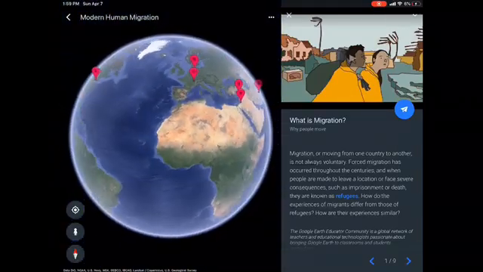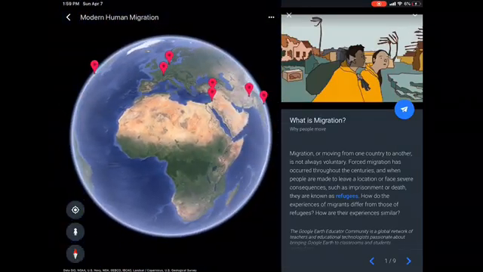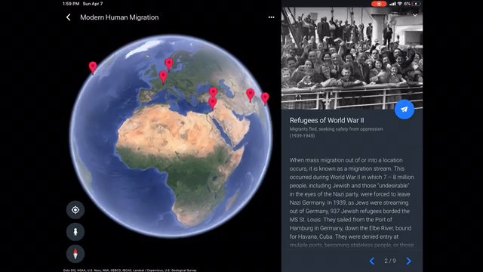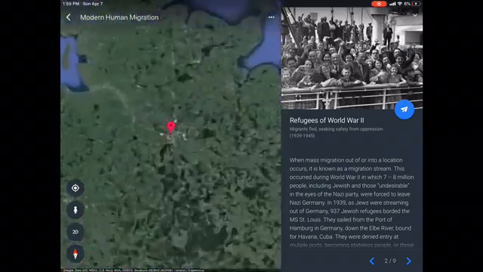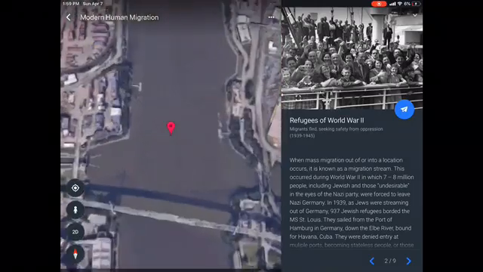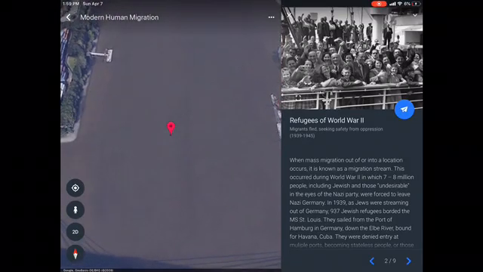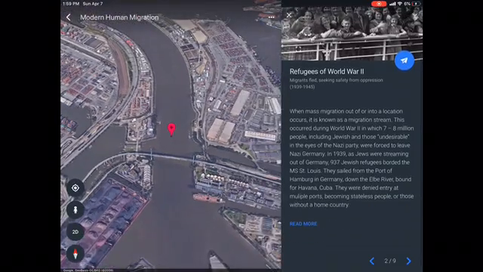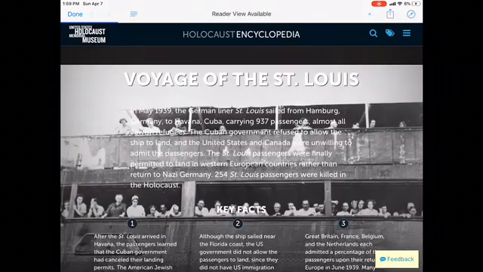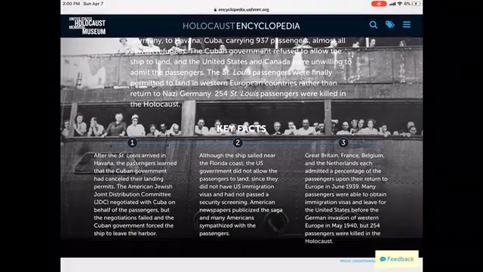And so the biggest modern migrations and the issues that we've had lately, it talks about refugees. What is a refugee? Where do they come from? What's that idea? And then it talks about some of the older ones, the refugees of World War II, right? And so it takes you down into Germany, and you can read a little bit more. And if you want to read more, it will send you here to the encyclopedia, and then it